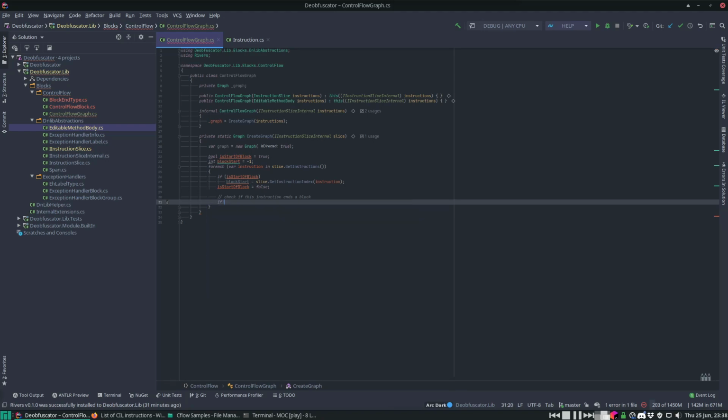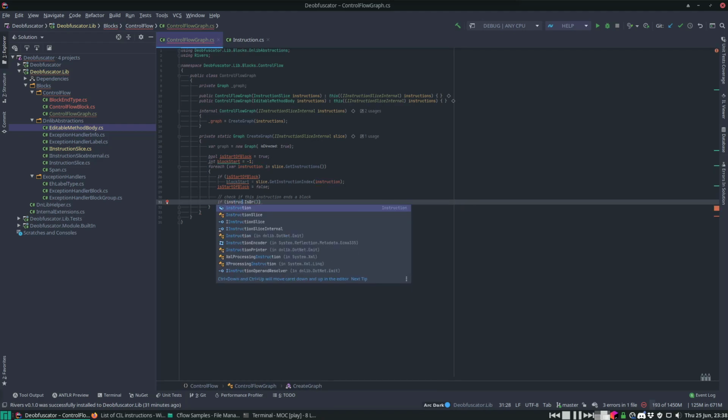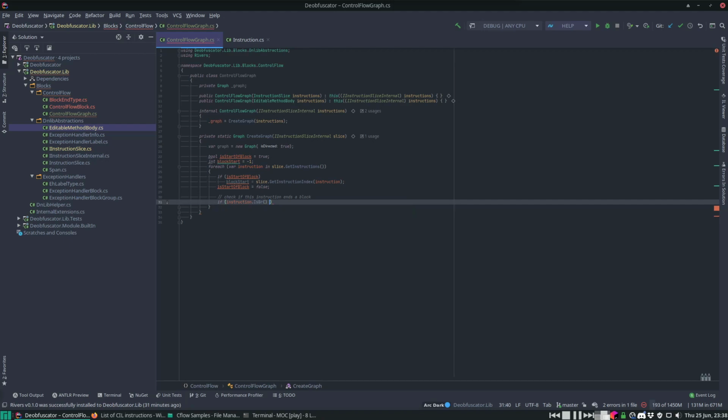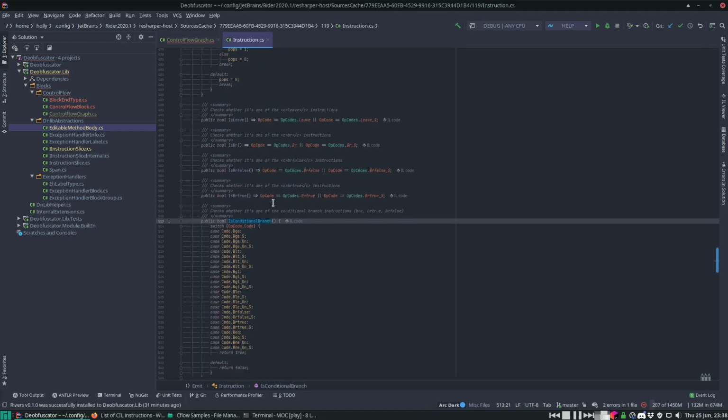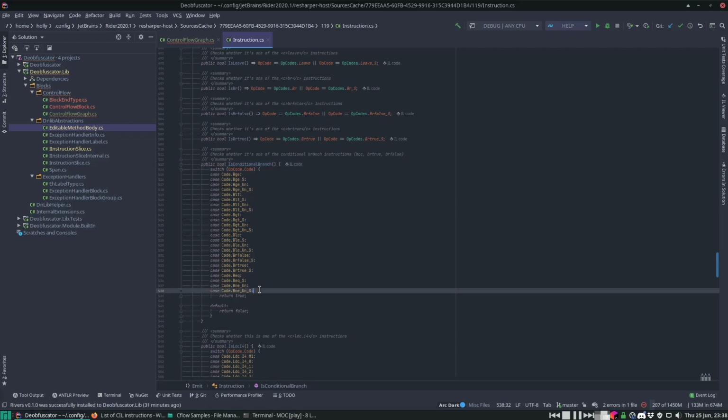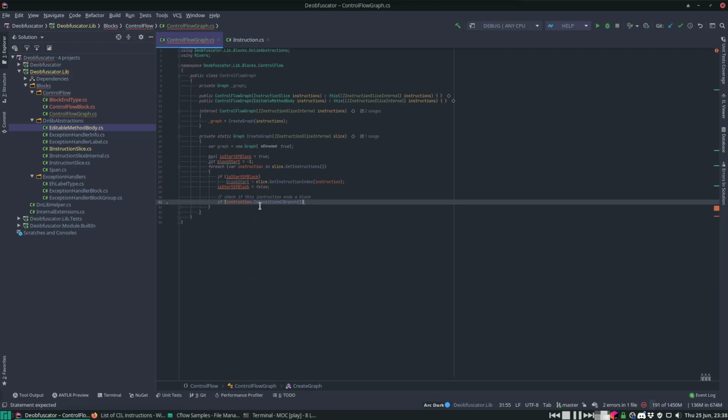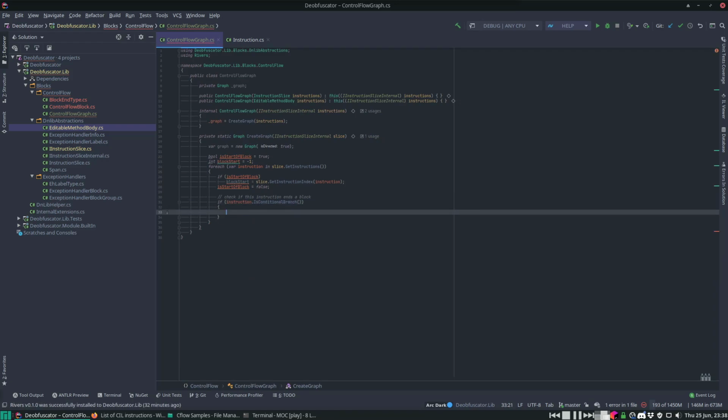Okay, if br, or wait, it's conditional. Oh no, because you also have unconditional branches, right? But that's a huge help. Holy fuck! Okay. Damn. Thanks, Skilled Onion. That's actually really useful. Okay. So if it's an unconditional, if it's conditional,